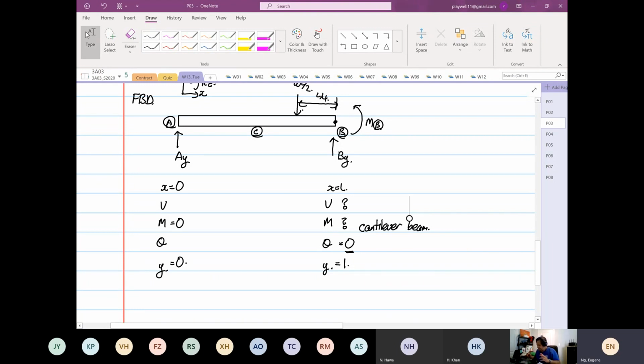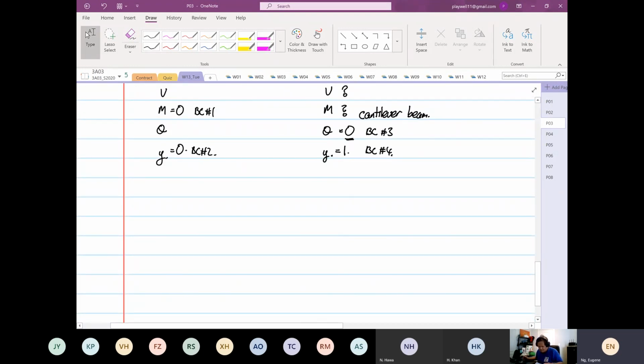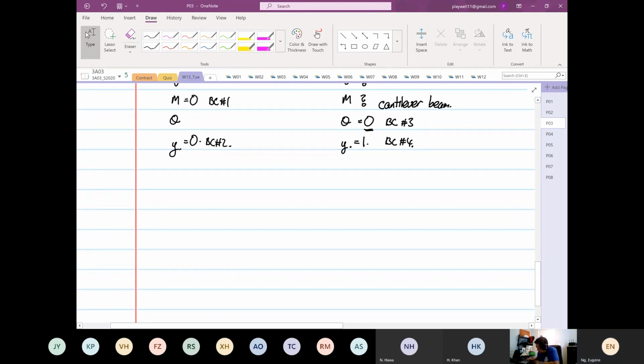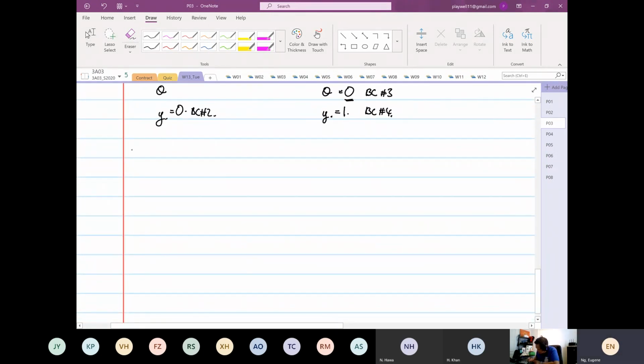Okay, so we know our boundary conditions. So how many boundary conditions do we know? Boundary condition number 1, number 2, number 3, number 4. So we know the 4 boundary conditions. So we also can foresee that we can get 4 unknowns. Okay, let's see, do we actually need all of them? For this case, due to simplicity, we're going to apply